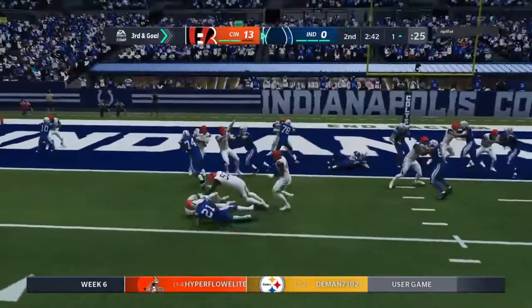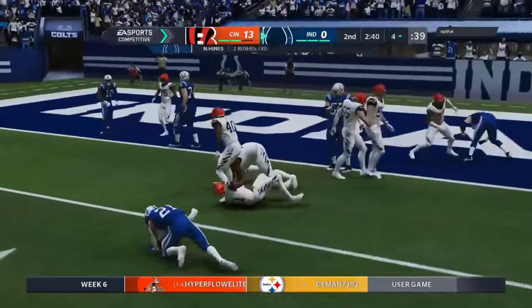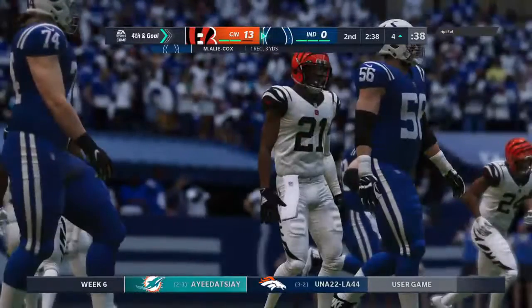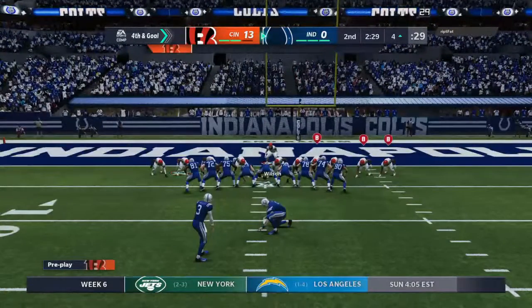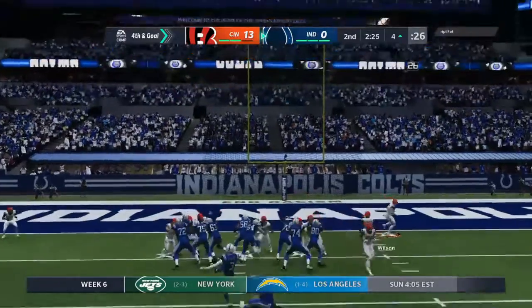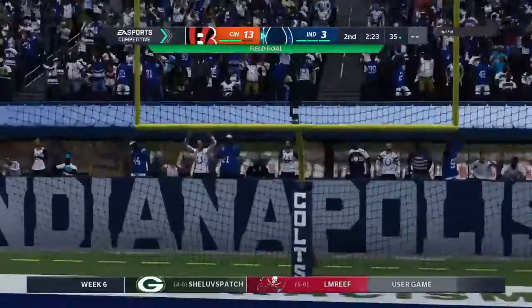They'll try to run with Hines. And that one goes nowhere from the start as he's met in the backfield and goes backwards. With the way things have gone in this game, I think they've got to consider going for it here. I realize it's just the second quarter, so they're not panicking, but they need something to give them positive momentum